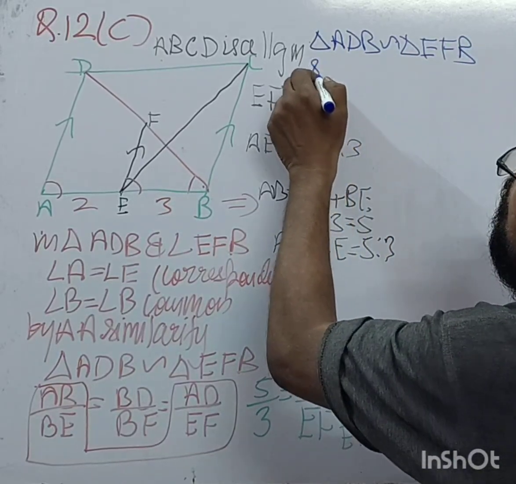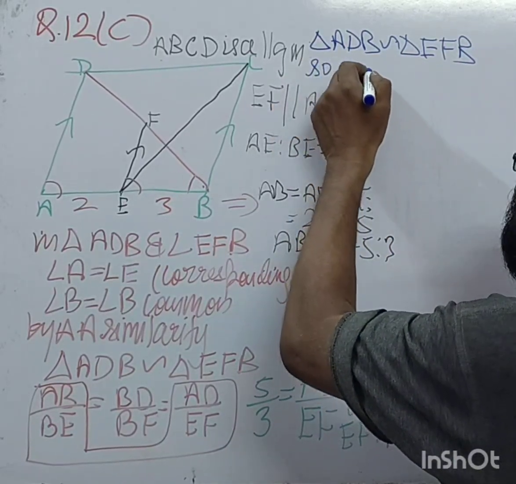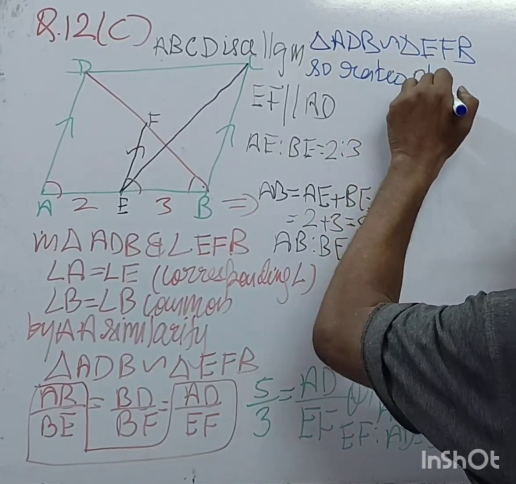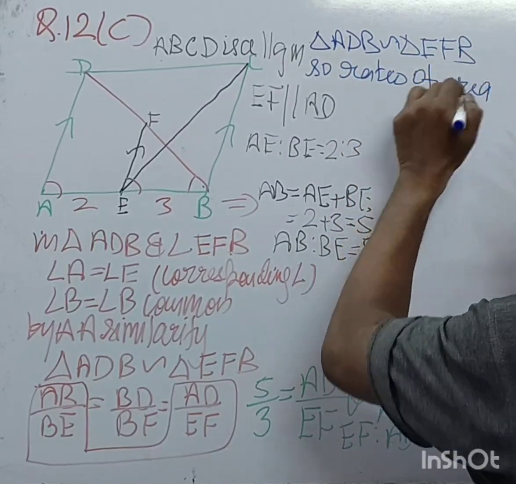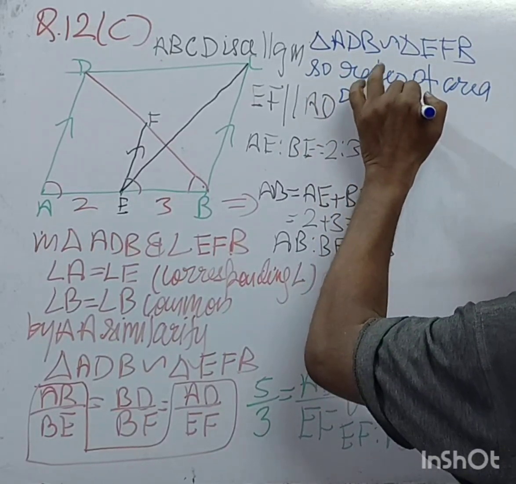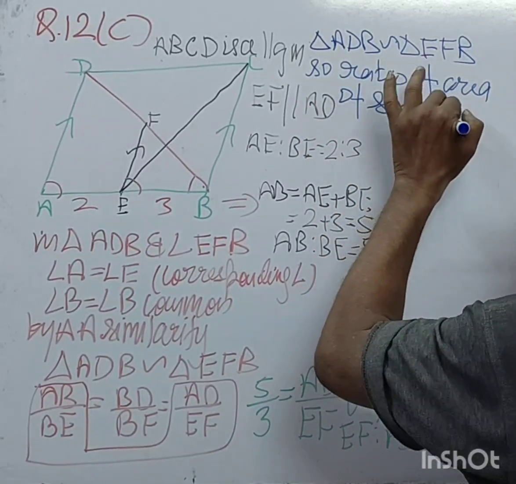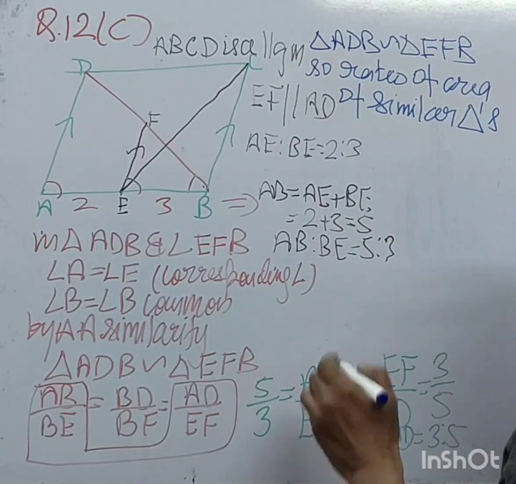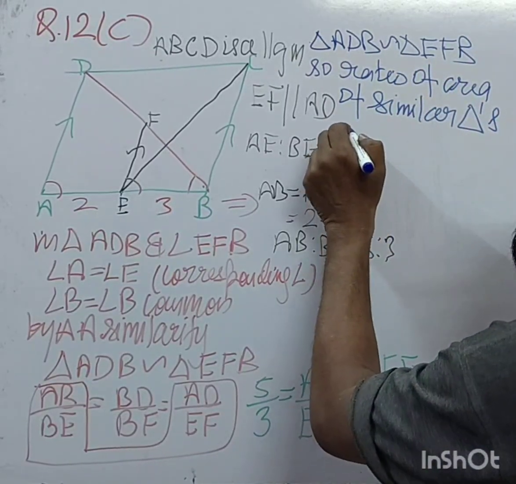So ratio of area of similar triangles is equal to